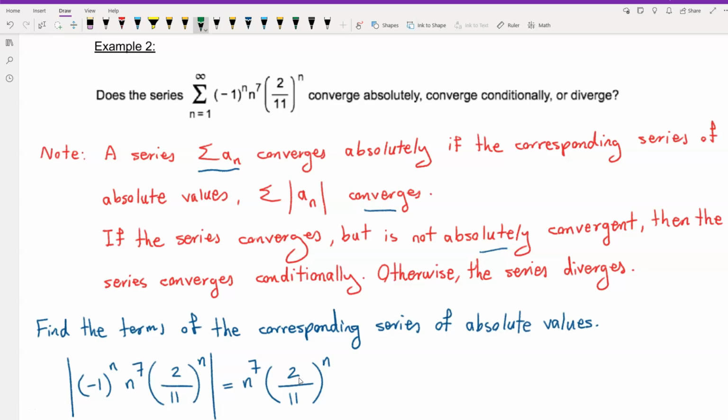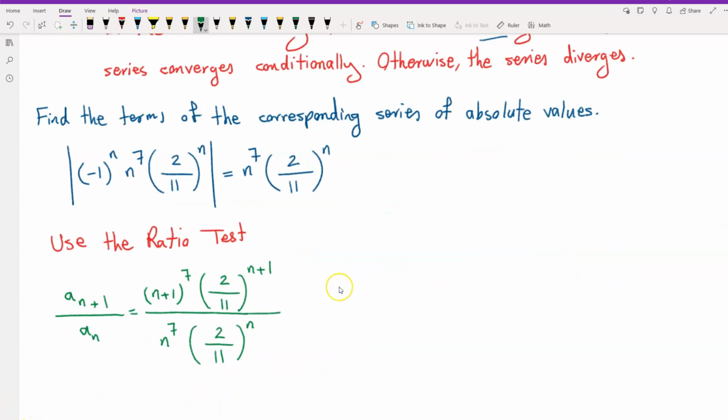So the absolute value of what we have on this part, the absolute value of (-1)^n times n^7 times (2/11)^n, is equal to positive n^7 times (2/11)^n. Now use the ratio test to see if the